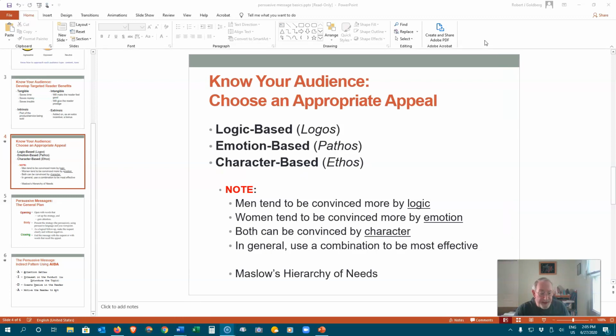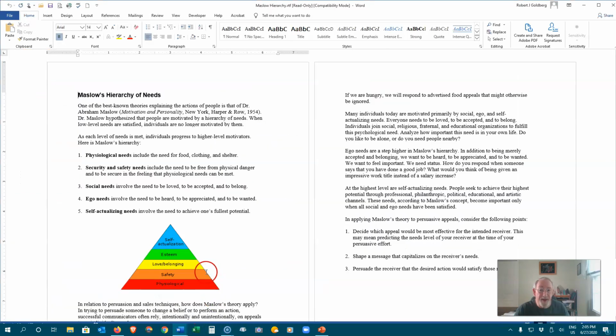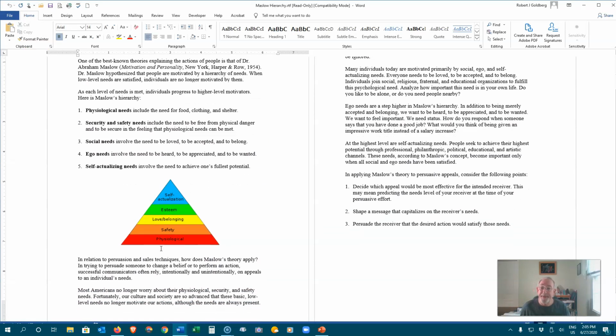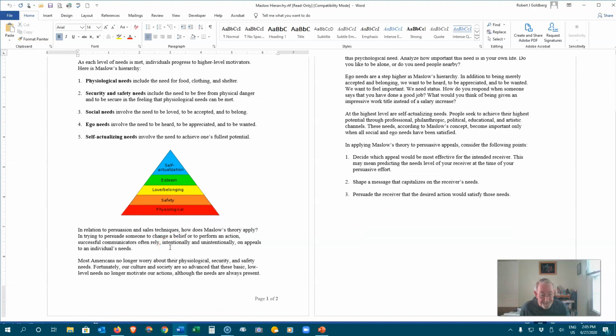Along with the appeals, mainly to pathos, we see something else come into play: Maslow's hierarchy of needs. Take a look. You can find this in Chapter 8 lecture notes.